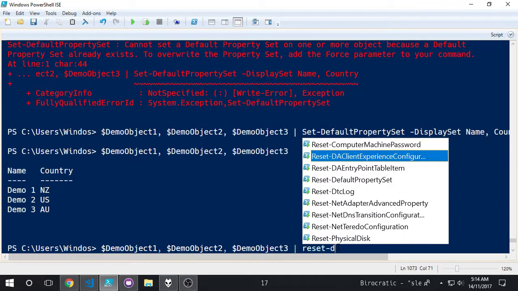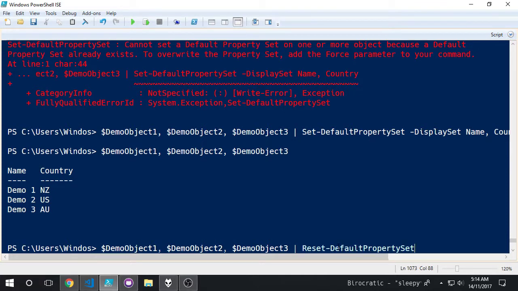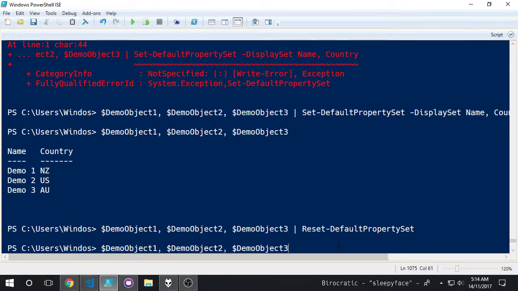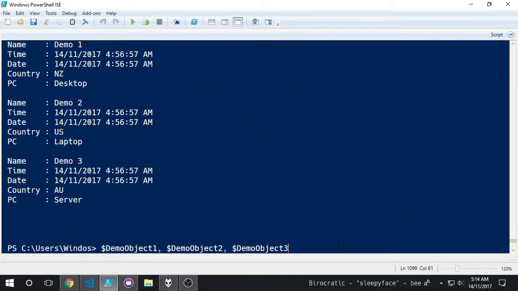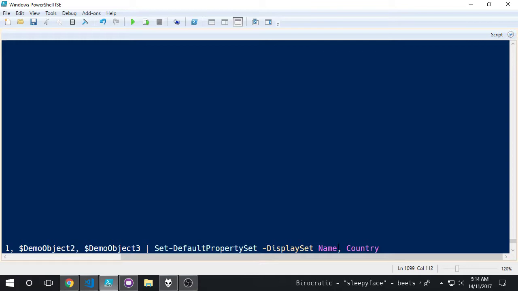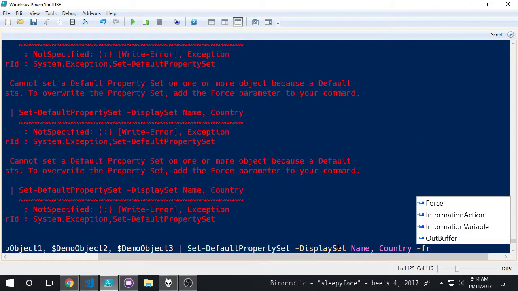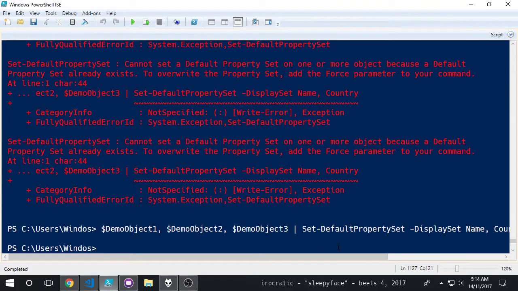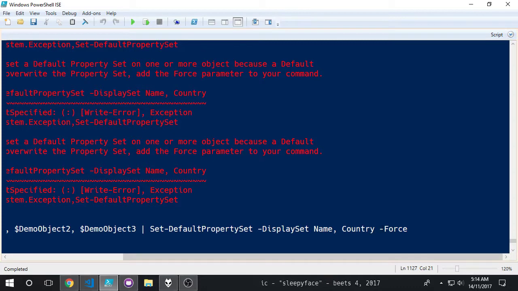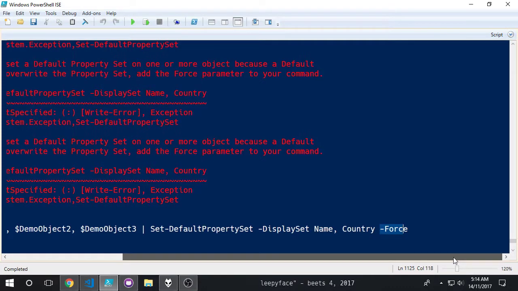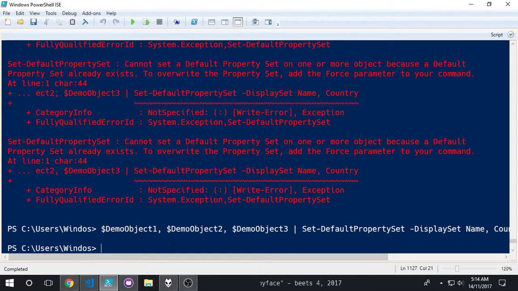So, reset, default display set, default property set. And if we look at those again, cool. So just to show that one more time, force it. I'm actually beginning to wonder if that should just be implied. So, anyway,